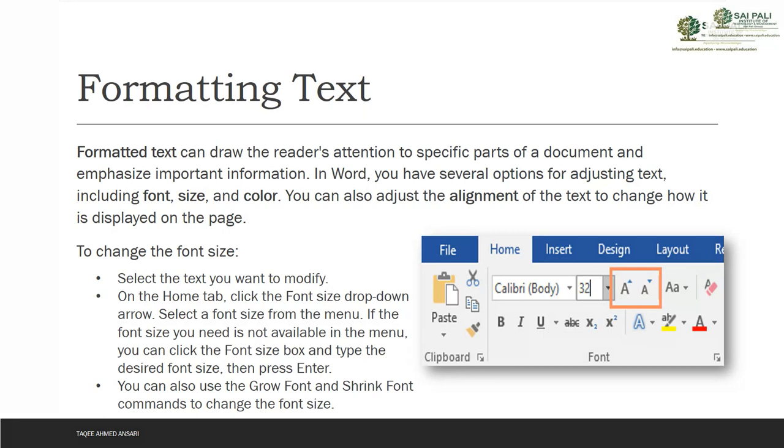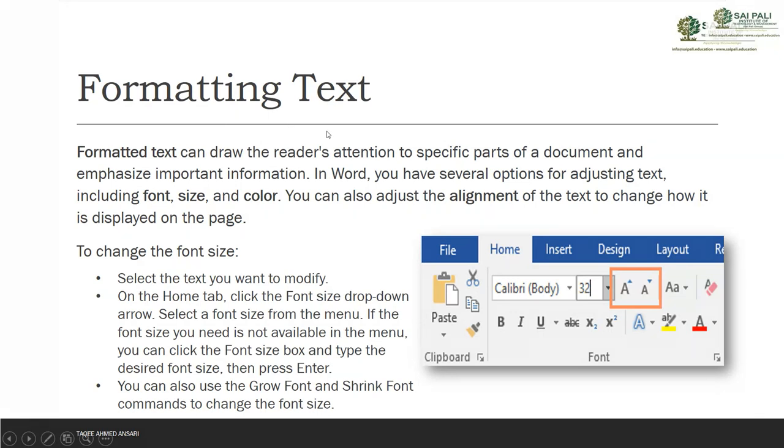Yesterday we saw how we can add text in our document, how we can copy, delete, and move some text. Now that we have added the text in the document, we need to format it so that it looks attractive, or so we can make a point about what we want to show to the reader of the document. So for that we do what?